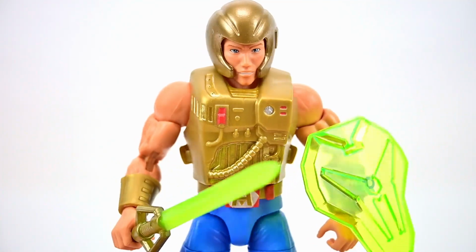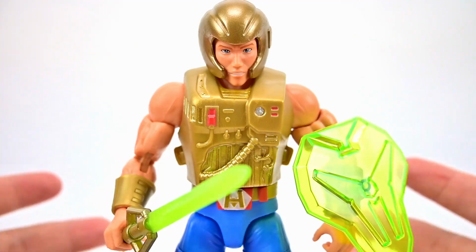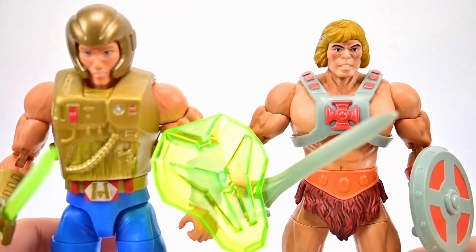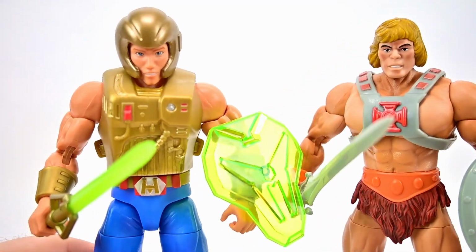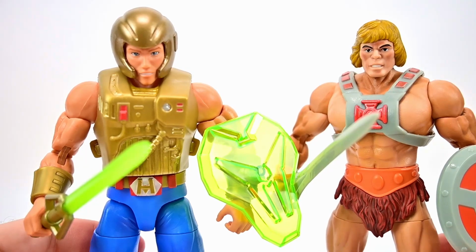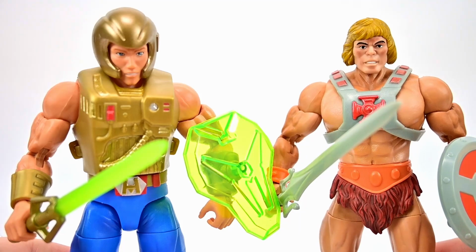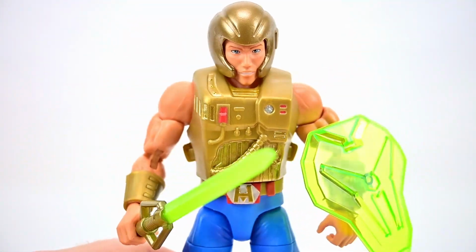Adventures of He-Man. And like I said, overall looks pretty dorky and ridiculous, but that's the design they came up with, and I guess the figure carries it out. And just so you see the difference here, of course, is that classic version of He-Man, so it's supposed to be like the old 80s version of He-Man compared to the 90s version, so you can see the difference there. Both of them look pretty dorky, but of course this one having the classic design and looking like the normal He-Man is still always going to be preferred to me over especially the New Adventures one, because it just looks